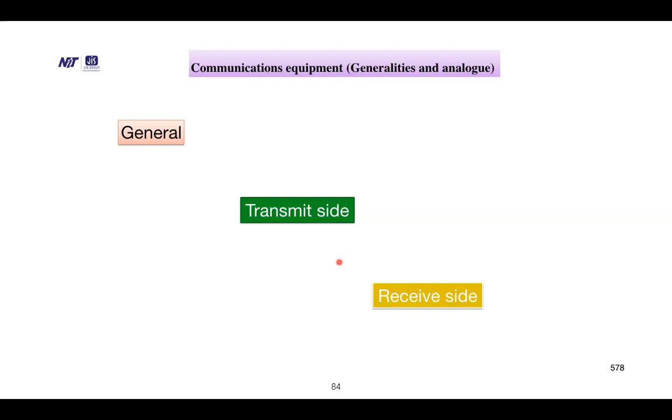The transmit side is to provide pre-emphasis of the signal, to convert the baseband signal into an FM modulated IF signal, to filter the IF signal, to convert the IF signal into an RF signal, to switch and combine the RF signals and send them through the antenna. Now the receiver side: to separate and switch the RF signal, to convert the RF signal into an IF, intermediate frequency, by the down converter, to filter the IF signal, to demodulate the IF signal into the baseband signal, to remove pre-emphasis by de-emphasis, and energy dissipation from the circuit.